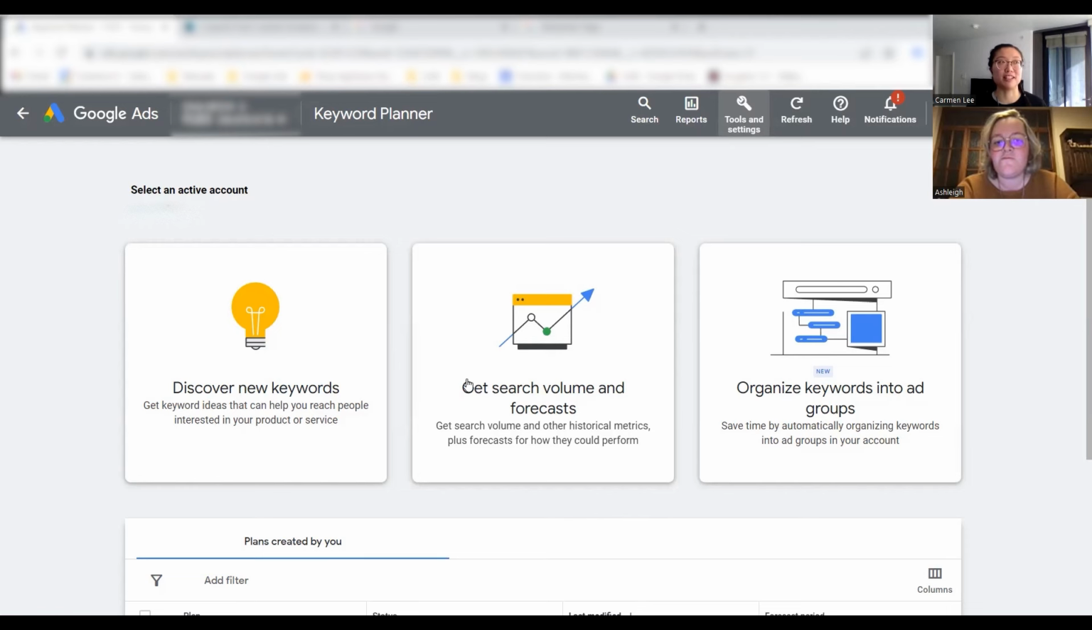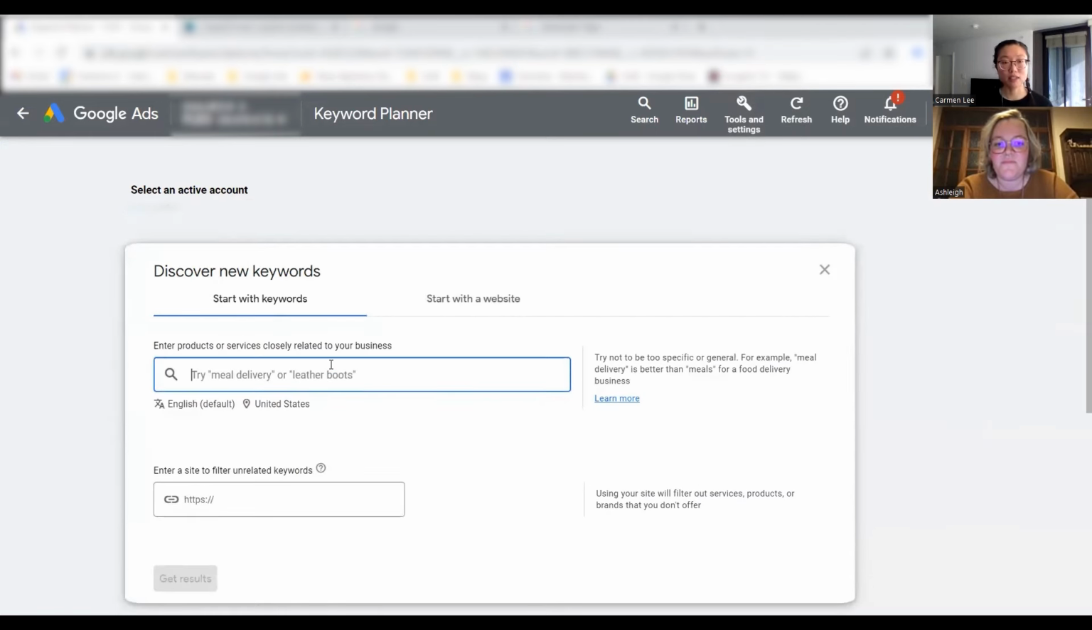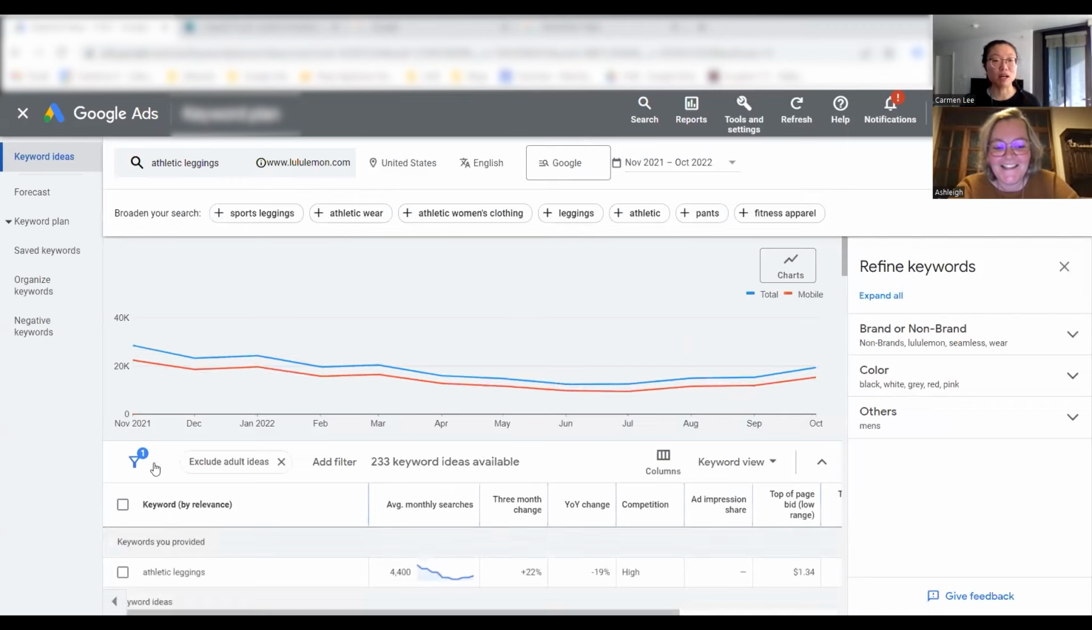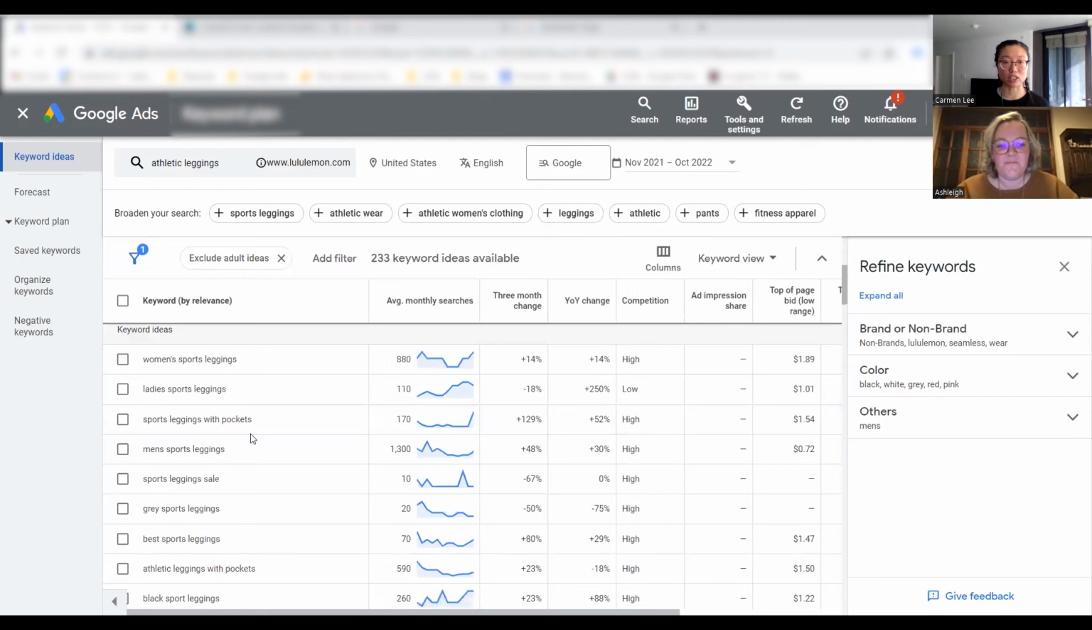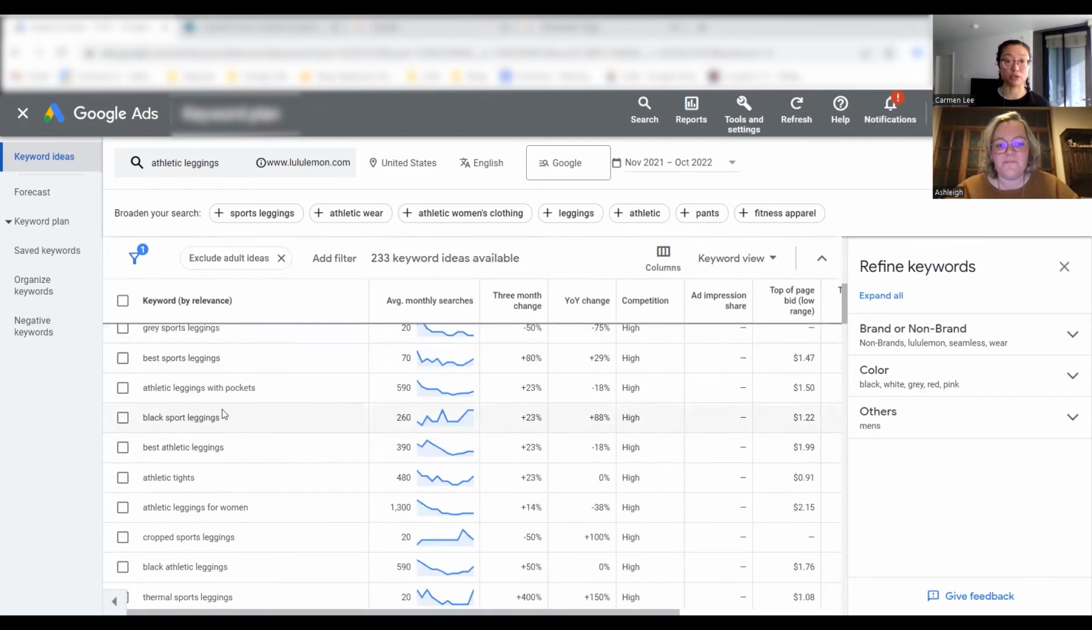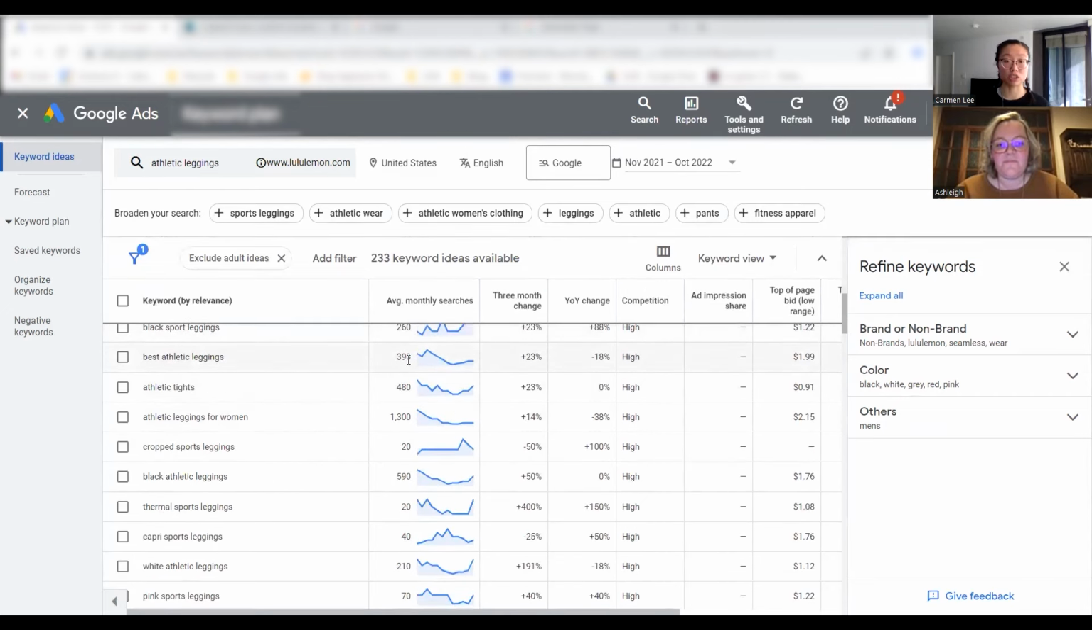And I'm just going to choose one that I'm very familiar with, and they're from Vancouver, so that's Lululemon. So what I do is I click on Discover New Keywords. I say I want to see what kind of keywords Lululemon could be bidding on. So I type in not athletic keyword, athletic leggings. I am so sorry. And then I'm going to type in the Lululemon site here. And then what populates is that we get to see what kind of keywords Lululemon is actually related to or relevant to, and you get to see the monthly searches,